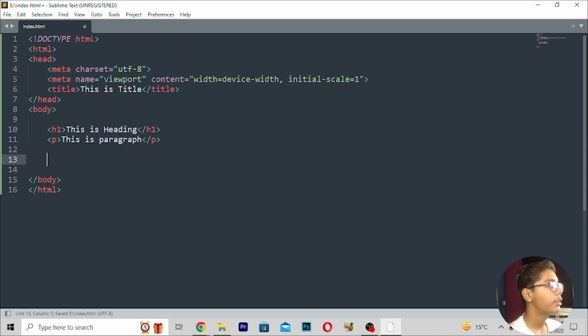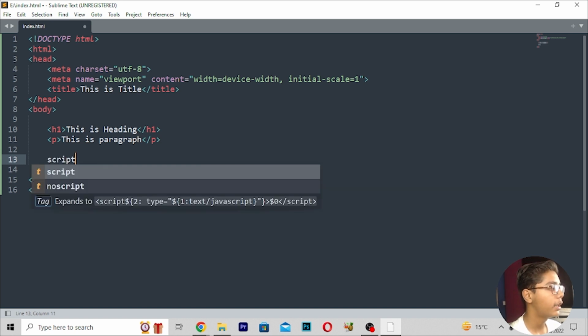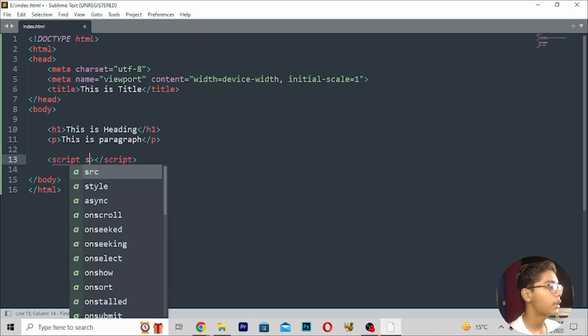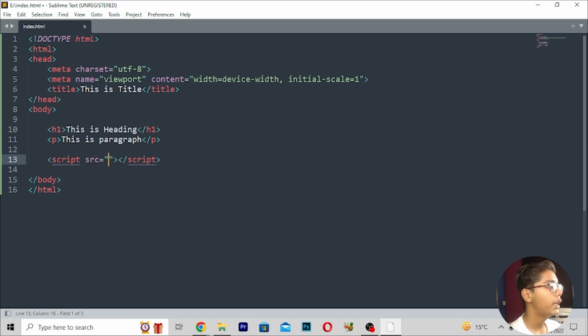I want to show you that when you are working with JavaScript and you want to link your JavaScript file or write any code using JavaScript, you have to write a script tag here. Now when you've written this script tag, you have to erase the type attribute. If you want to link a JavaScript file, you can write src, then your file name. If it is in a folder, you first have to define the path of the folder, then write a slash and then the file name to work with that.